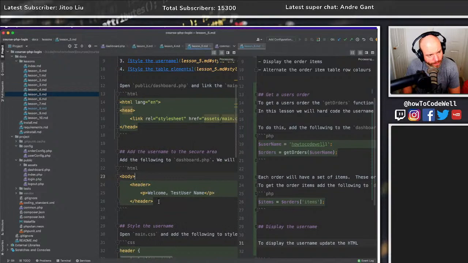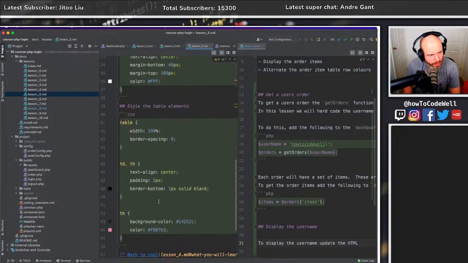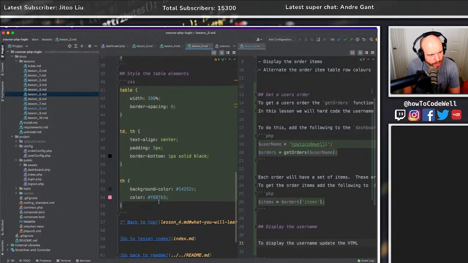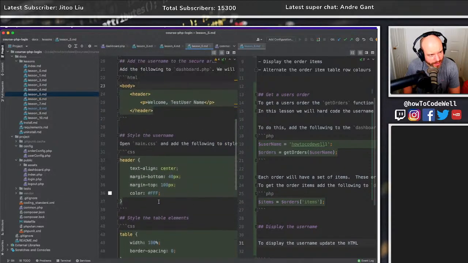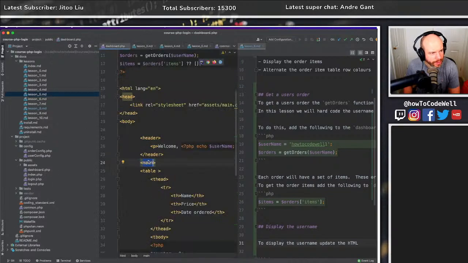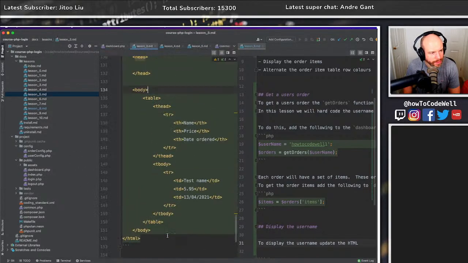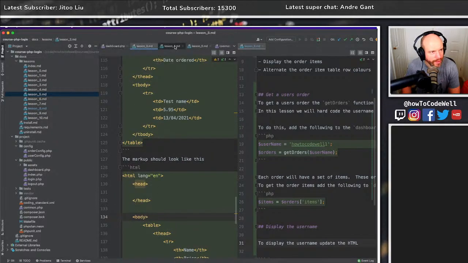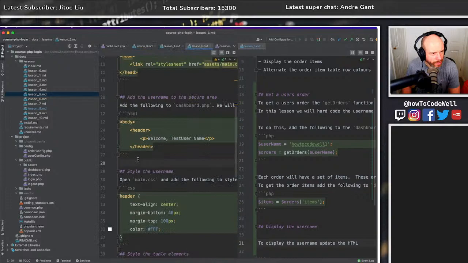How am I going to talk about putting in the main element? The main element goes underneath the header. I suppose I could just do that, right? So we could just put it underneath that one. Underneath the add username to the secure area, we could do something like